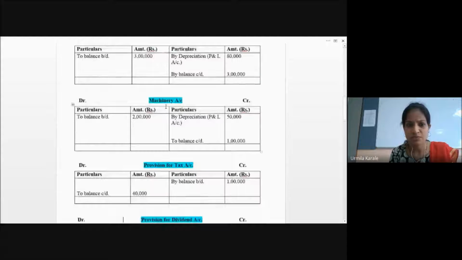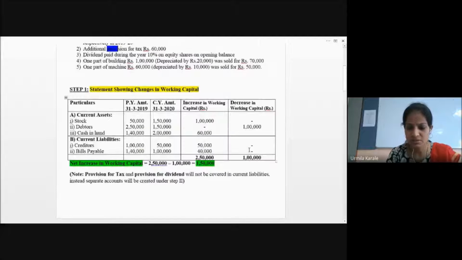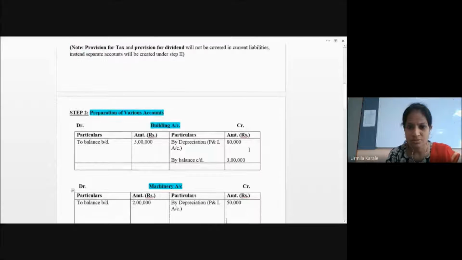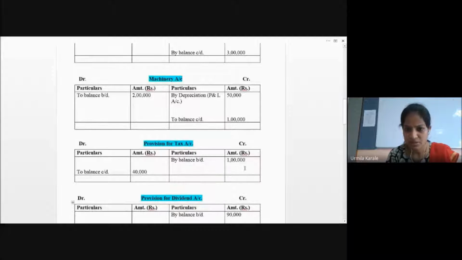So this provision for tax account. Okay. Provision balance has a credit balance. Now, when you create more provision, this credit balance will increase. Means we are going to write to this side only. How much provision are you creating? 60,000. Okay. So same 60,000, we are going to write it to the credit side. 60,000 already 1 lakh provision was there, plus more 60,000 rupees provision we are creating.